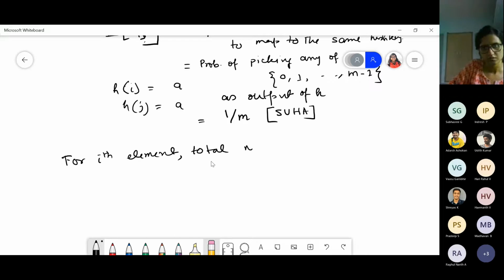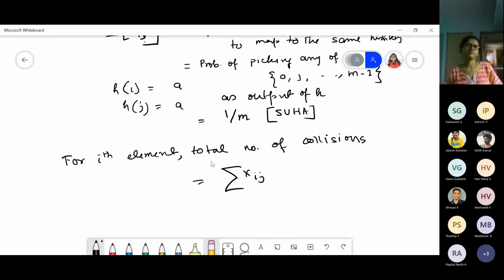the total number of collisions. This will be the sum over this xij, where I number the elements.